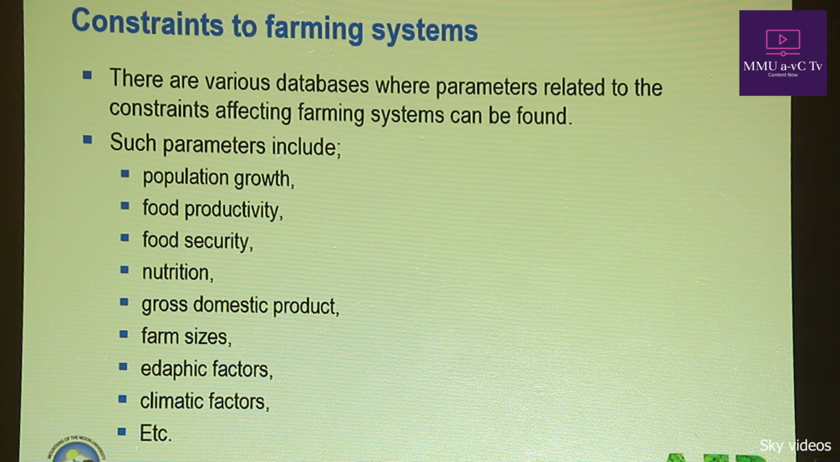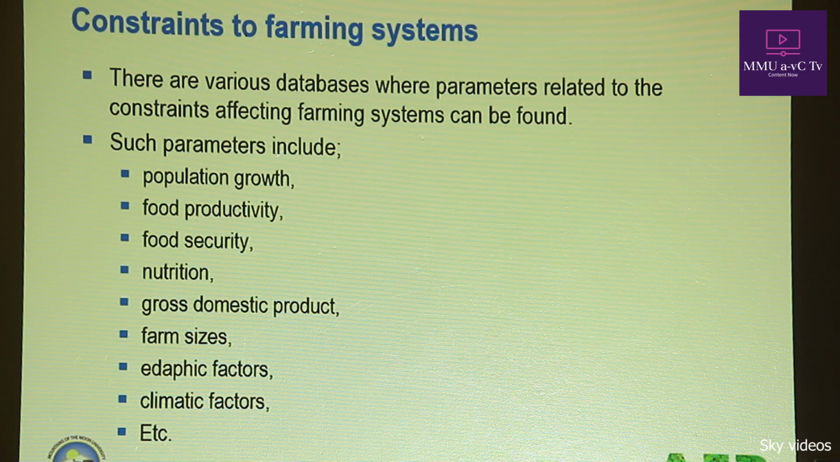data about population growth, food productivity, the food security situation from different areas, the nutrition situation of different countries, the gross domestic product, the average farm size in the different countries, the soils, the climatic conditions, and several others, so that we are able to categorize the different countries where they belong, and this will inform us of which interventions we should actually take to be able to enhance the capacities to feed and sustain the livelihoods in these